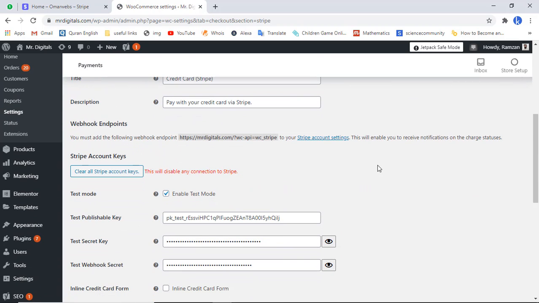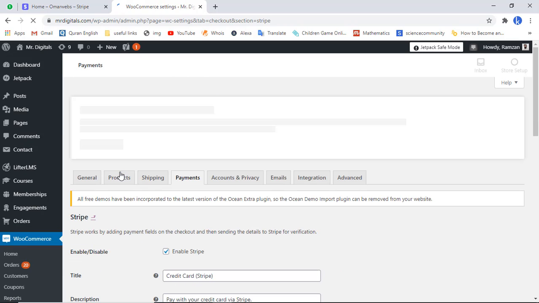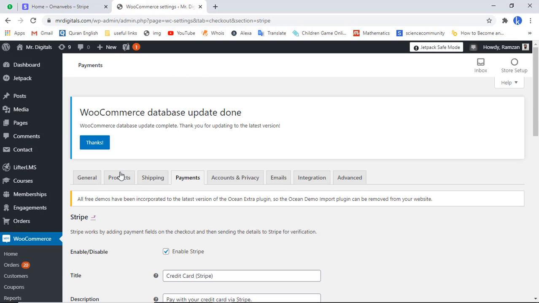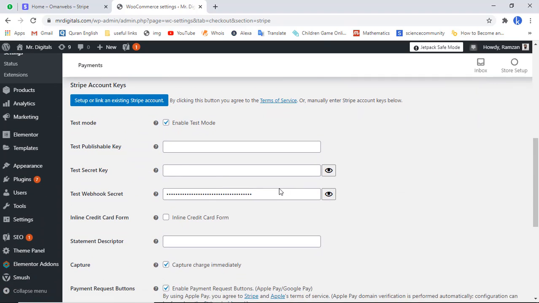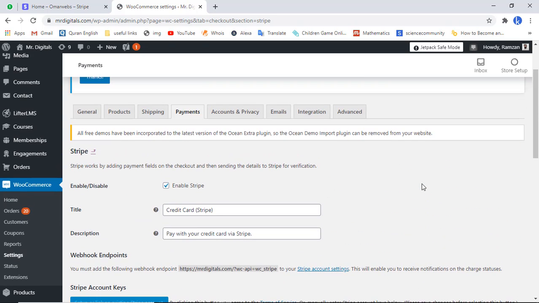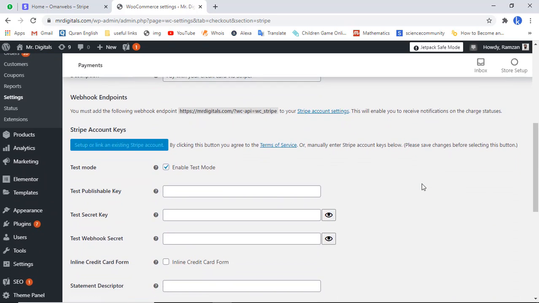And once you are done with this one, then please clear all Stripe account keys, because if you may have added the old Stripe account credentials, then that would be removed. So now you can see that all the things are clear now. So I am going to remove everything from here, and let's check this first. So for example, I am going to